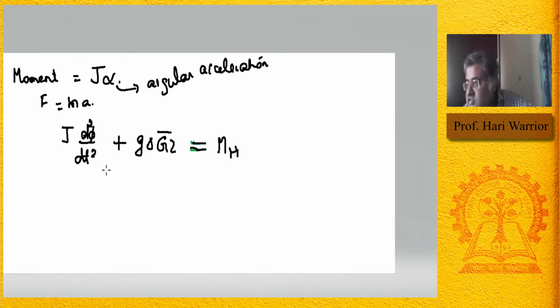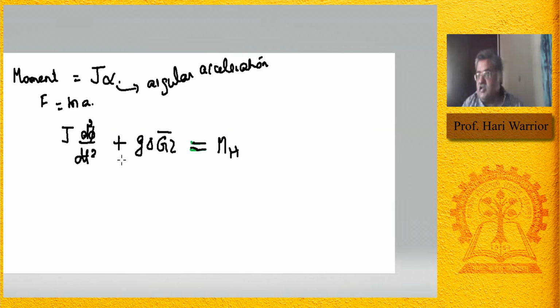Actually, there is a slight twist to this thing. This G is unnecessary here, but the book, because they have now converted everything into weight. Till now we considered mass. They have now converted everything into the metric system, that's why the G comes. Let it be there, doesn't matter. J d square phi by dt square plus G delta GZ is equal to MH. So basically, you will get